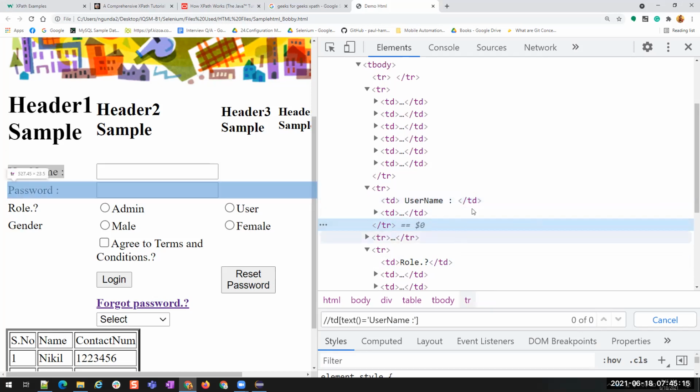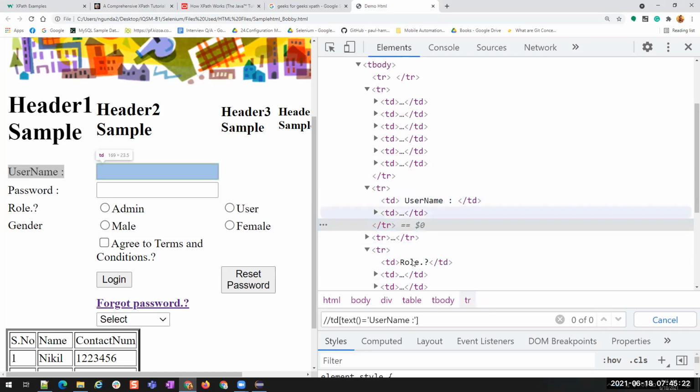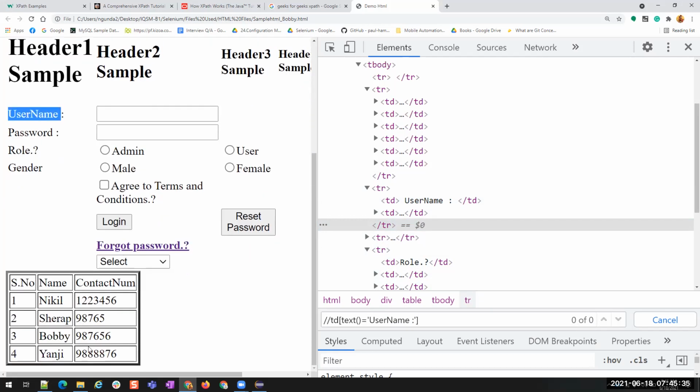So in those cases, we use normalize-space. And why should we use normalize-space? Why can't we use contains or something else? We can use contains as well, but if I use contains, there is a chance that the username text is present in other places as well.